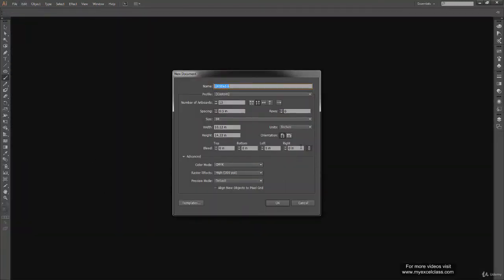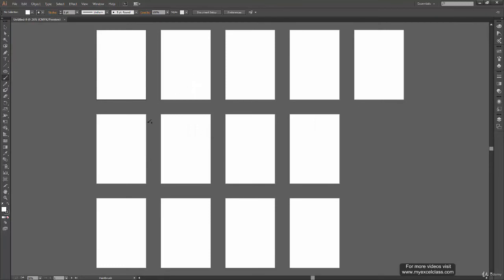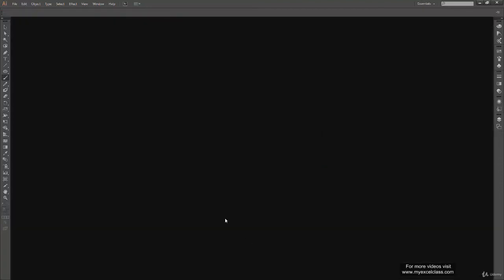Alright, so let's see the last option we have, which is spacing. Now, like the word says, how much space do you want between each artboard? So right now it's 0.5 pixel. You can increase it to notice a difference actually. You can increase it to some 3 pixels. That way you can surely notice the difference. Click OK, and yeah, here we have all our artboards lined up with some 3 inch of space between these artboards, both horizontal and vertical. Okay, so that's all the options we have while creating a new file.